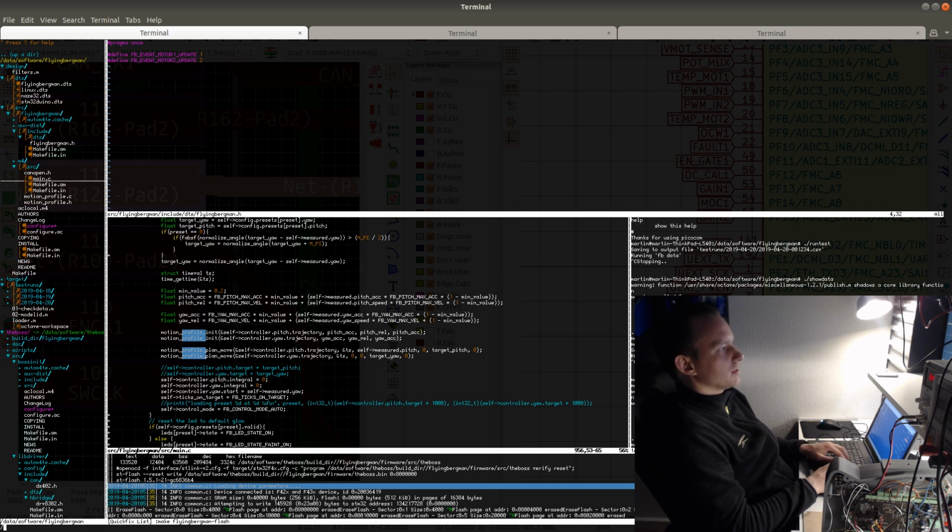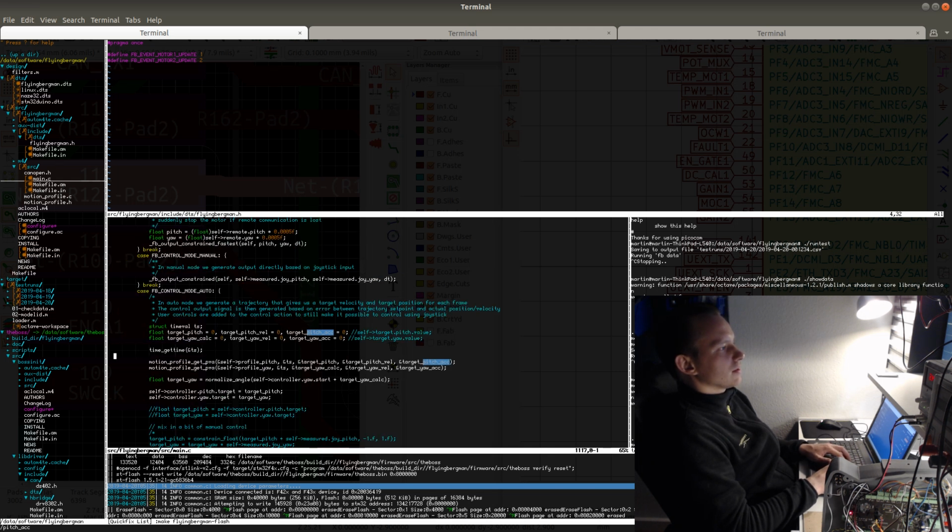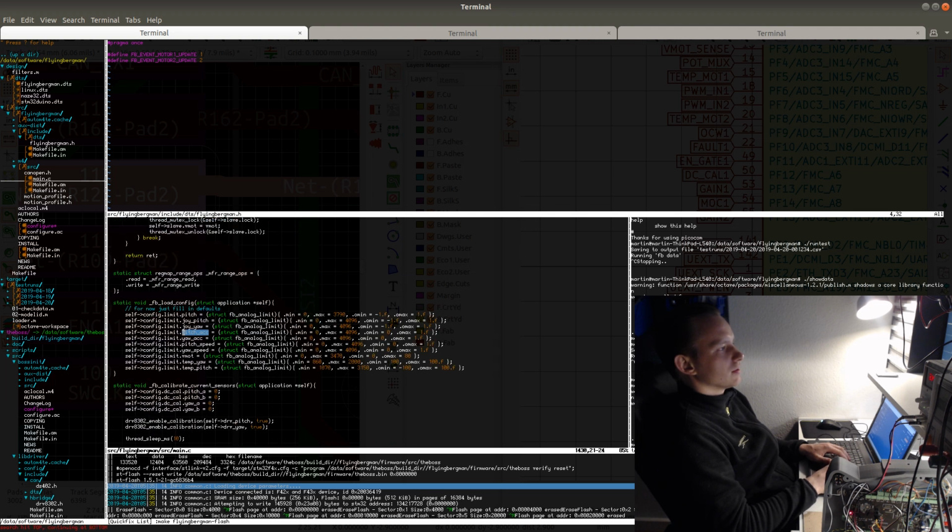So I'm going to update this also. This is the acceleration set point that is set using potentiometers. This is not the actual acceleration. It's just kind of like a set point. So I'm going to update this here. This maps the ADC values to the appropriate range as a floating point value. So this will be FB max pitch hack